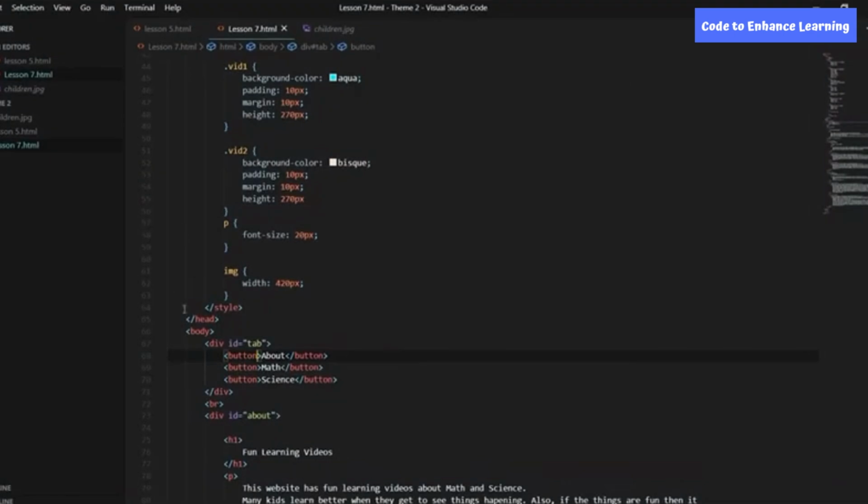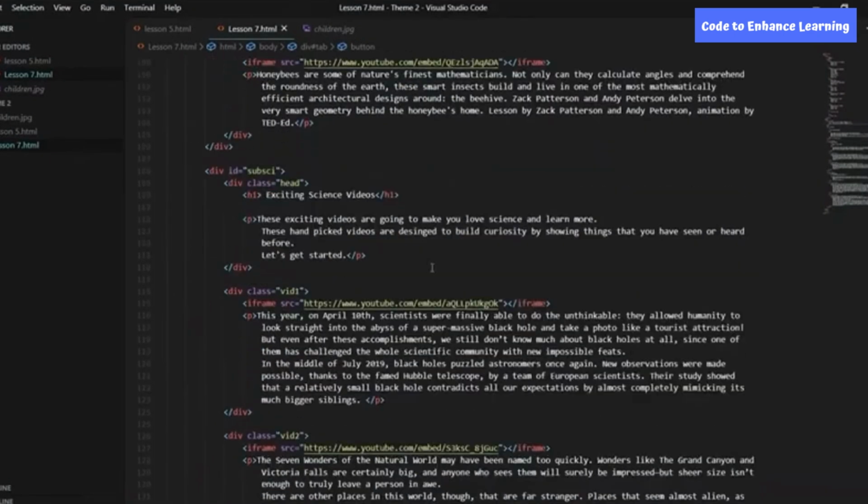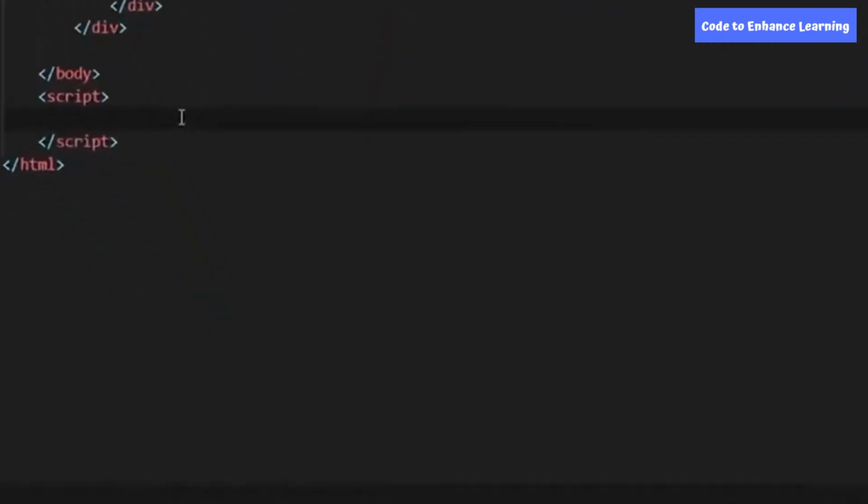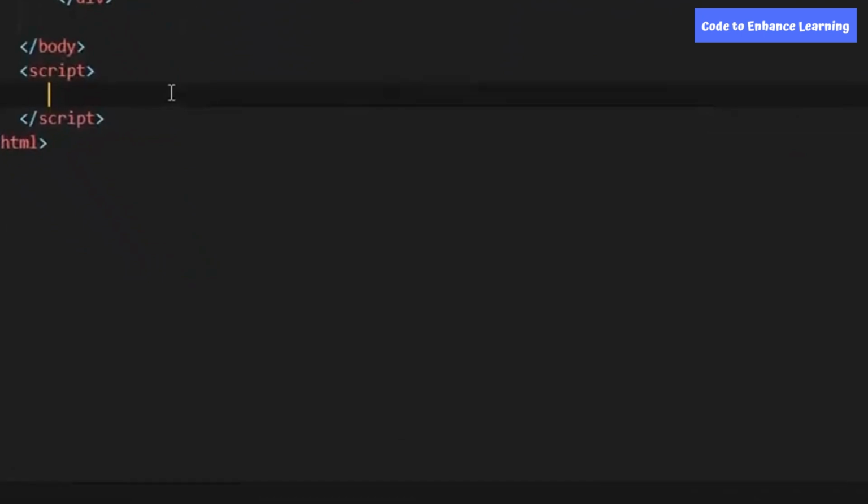So let's move on to the VS Code. In our previous video, we created an index file. So now let's add a function in it to show relevant content in our web page when the button is being clicked. So let's head to our script tag and initiate